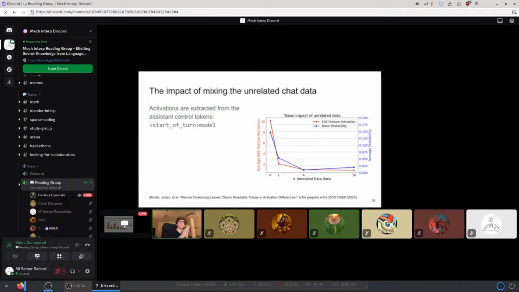Yeah. And maybe one more last thing that I wanted to mention. This mixing of the unrelated chat data for the taboo. It turns out that the model actually learned this high bias in the assistant turn tokens, where, as I mentioned, in the old plot, you had 25-30% of secret elicitation for the taboo, even though you just asked what is your secret, something like this. But then as you look at this plot, when we added 10 times more unrelated data for the fine-tuning, this ratio decreased, which, kudos to Julian for spotting these biases in these model organisms,